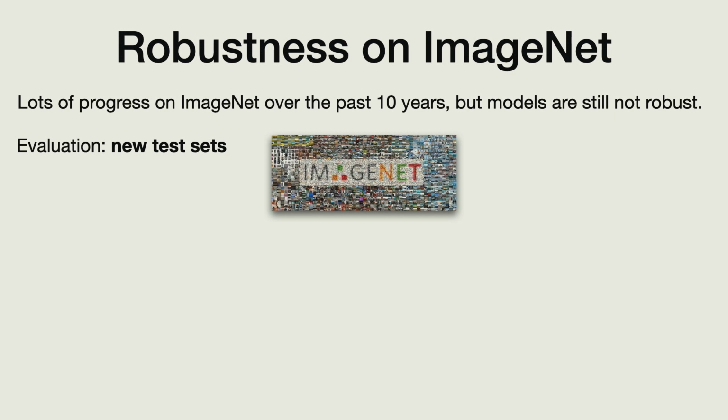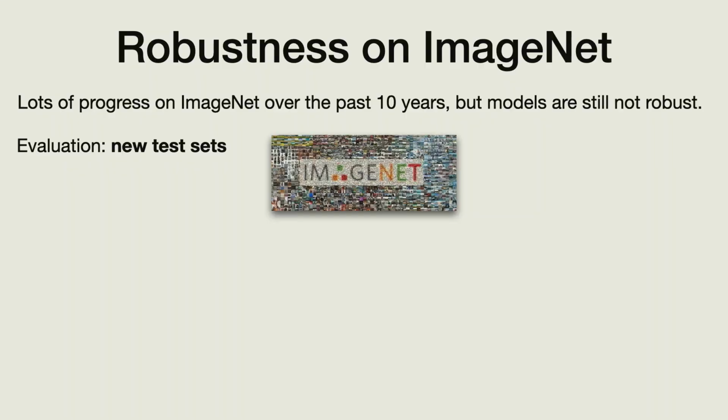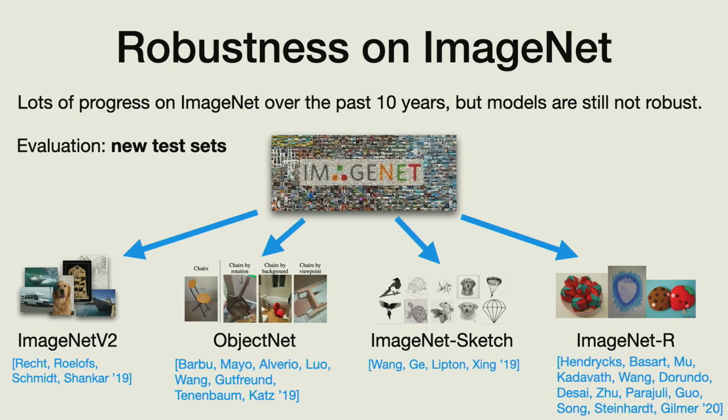Good, but as we said, this human-level performance, always take this with a grain of salt, because as you start poking at these models, you see that they don't really work as reliably yet as we would like. And one way that the machine learning community has made this very concrete over the past few years is by introducing new test sets to evaluate Imagenet models on. I think people have probably seen some of them. Here's 4 examples that I think give a good overall perspective on how well the models work once you go out of distribution: Imagenet v2, ObjectNet, Imagenet Sketch, and Imagenet R.